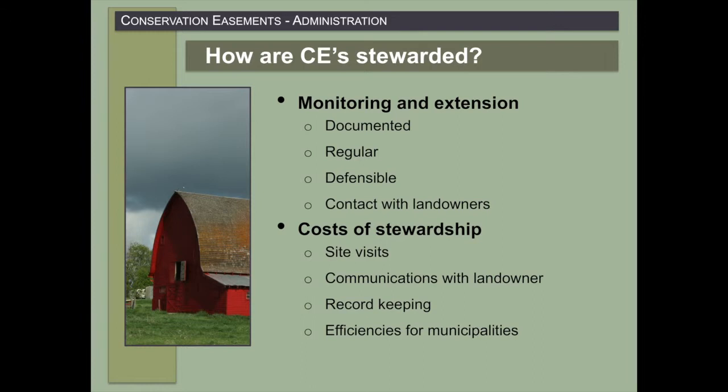Visits to make sure that the properties are doing what they're supposed to be. Communications with the landowners, whether a newsletter costs money, whether it's a little short paragraph or not, it still takes time, right? Record keeping and efficiencies. So efficiencies for municipalities means you can write a really simple conservation easement, or you can write a really complicated conservation easement. If no building and no subdivision covers 80% of the things that you're trying to protect, like